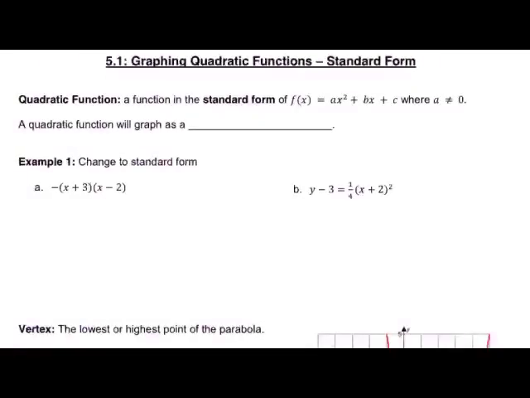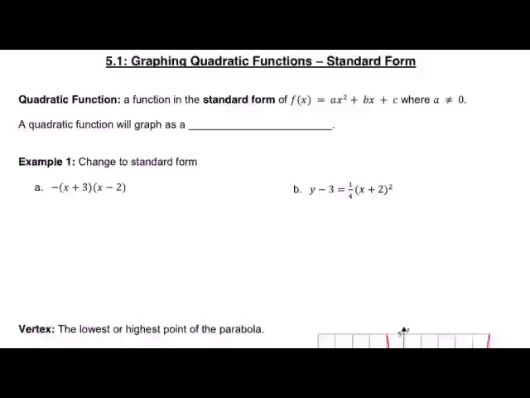Notes for lesson 5.1, graphing quadratic functions in standard form. Now these notes are ones that we did in class, but again this video is just for you to reference if you need to go back and hear an explanation again. So again, these notes we took in class, and this is the first part of 5.1, the graphing section of